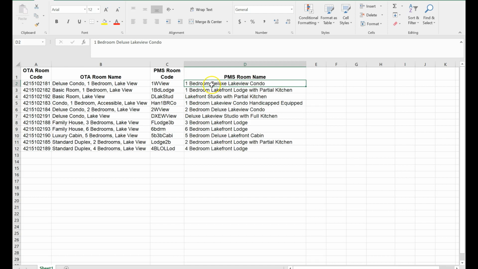You look in your property management system and it'll be easy. You might not know what it is, but there are room codes in there and you see them on the different screens. And make a list. Each room type name and the corresponding room code. It's the short version. It's usually 3 to 8 numbers or letters. So you make this, and then you can get in touch with your property management system help or your channel manager, or you can call someone at the OTA, like